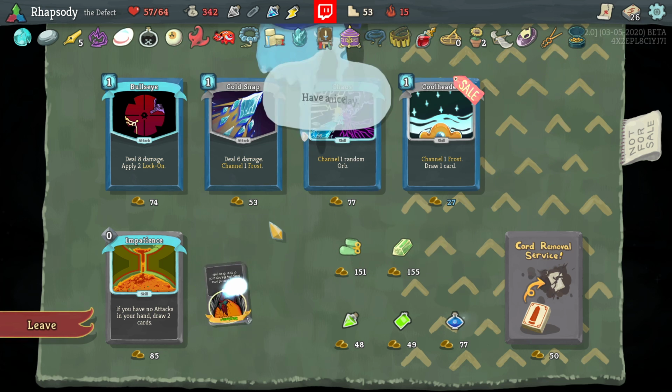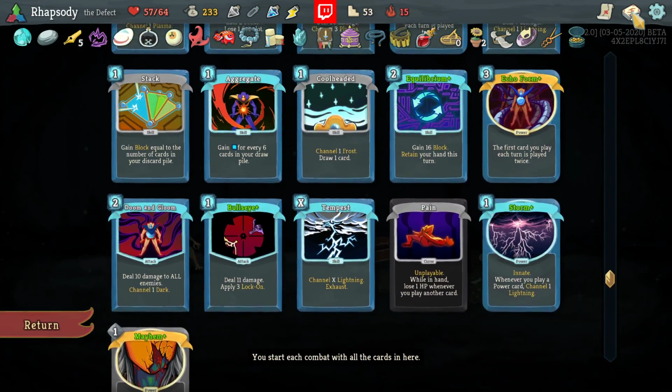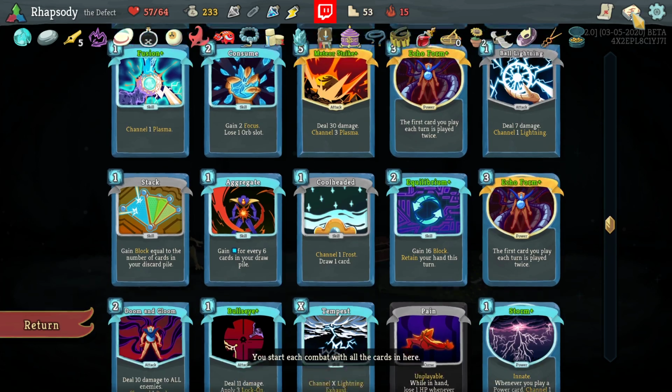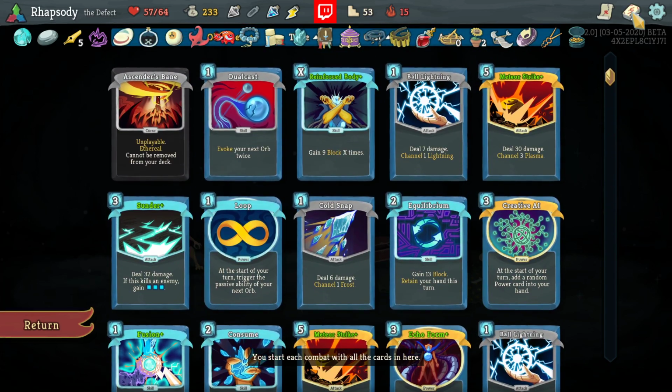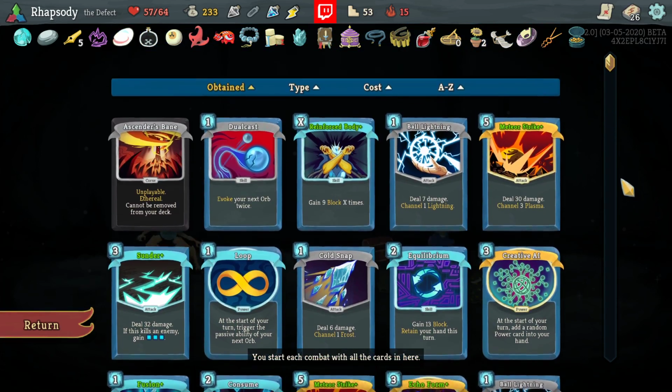We'll take Storm. I'm going to take Mayhem as well, because there's no card in this deck that it can play that I don't want played, except for maybe Tempest at the wrong time, but even then, I'm kind of down. And obviously, if it plays a bunch of Consumes, then...